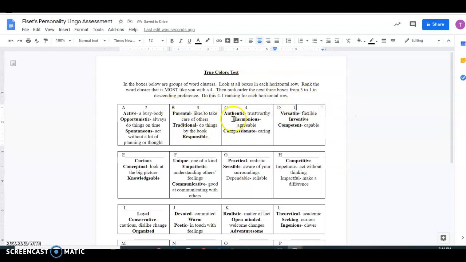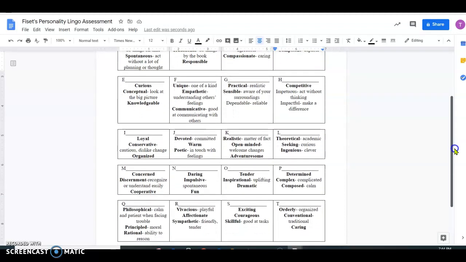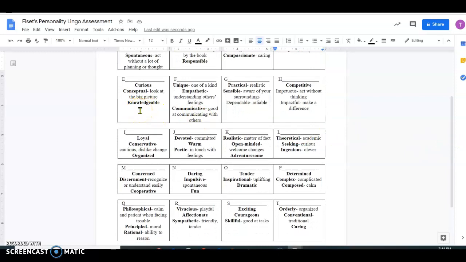Alright, so you're going to do this for each row. If I go down to the next row, E: curious, conceptual, look at the big picture, knowledgeable. Then F: unique, one of a kind, empathetic, understanding others' feelings, communicative, good at communicating with others. G: practical, realistic, sensible, aware of your surroundings, dependable, reliable. So right now this would be my 4. This one sounds most like me. And then H: competitive, impetuous, act without thinking, impactful, make a difference. So for this one, I would put a 4 here. I'd probably put a 3 here, a 2 here, and a 1 here,